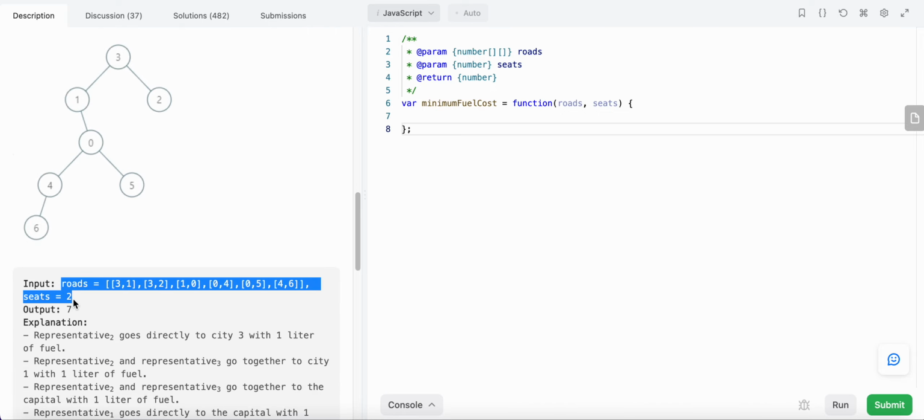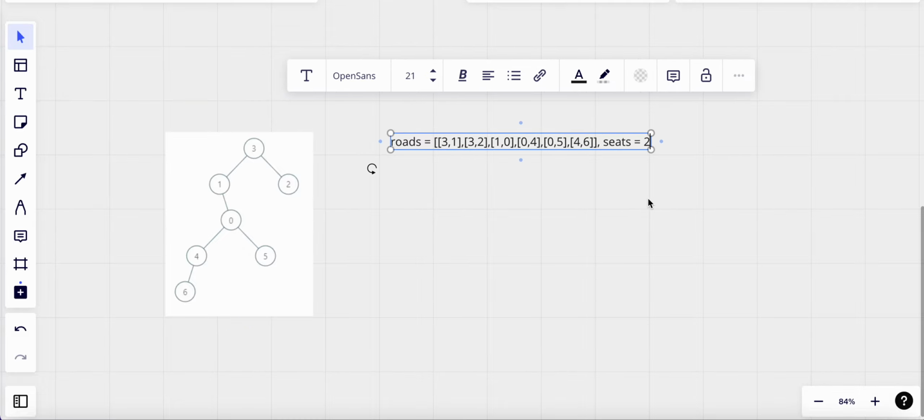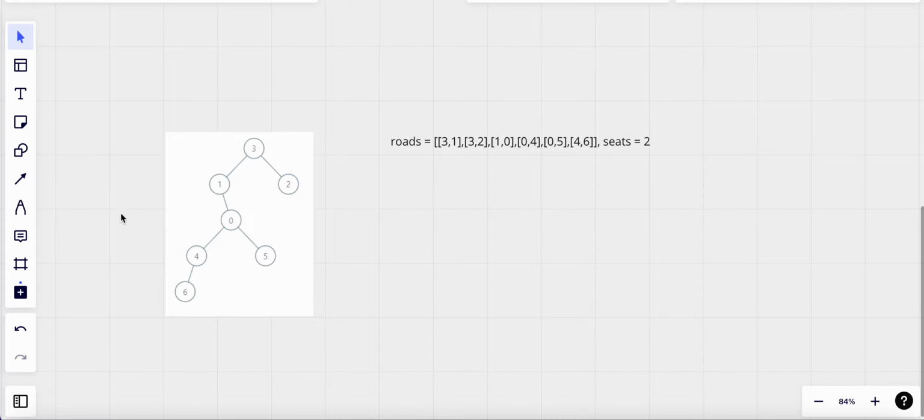We are given this example which consists of 7 nodes, starting from 0 to n-1, that is 6, and the number of seats is equal to 2. We start from our root node and we perform DFS. From root node 0 we move to one of its neighbors. Let's just choose this node first, and we keep on going until we reach our leaf node, because that's how a DFS solution works. Once we reach the leaf node,